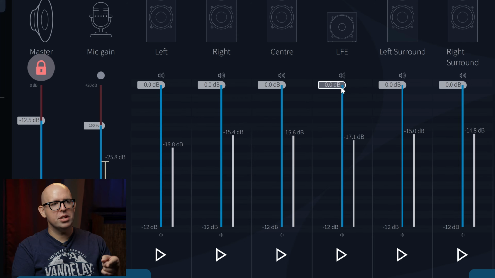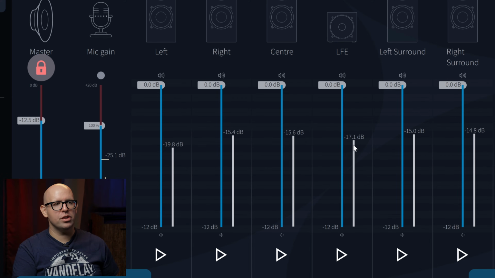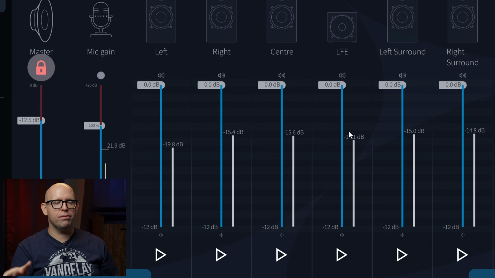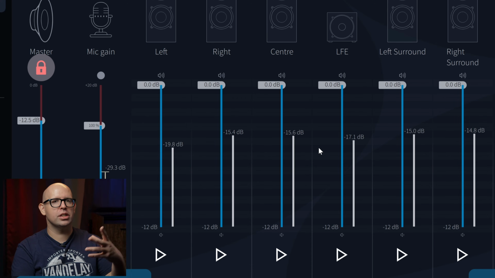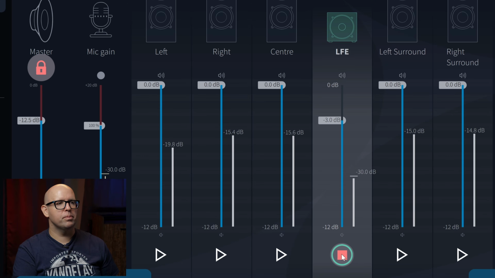What we can do here, and again, this won't affect our overall level after EQ and everything because Dirac will set that for us, is adjust this, so even though it's reading -17.1, we can adjust it until it's reading -20. The overall output after all is said and done will not be affected because Dirac will calculate what the output should be set to after EQ and its room correction algorithm does its thing. So I'll bring this down by about -3 dB, and we'll play it again.